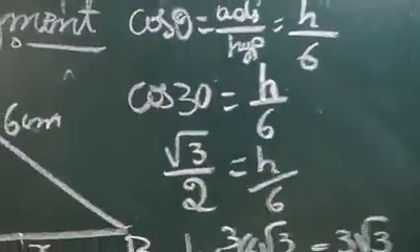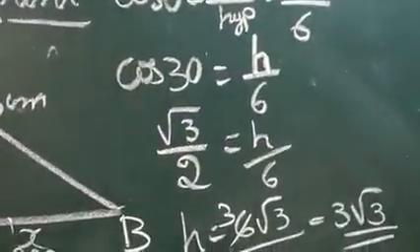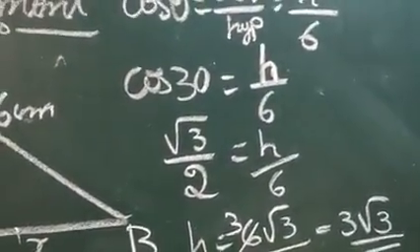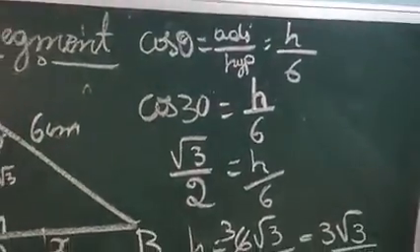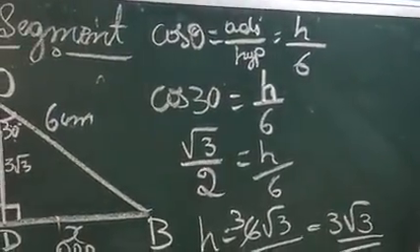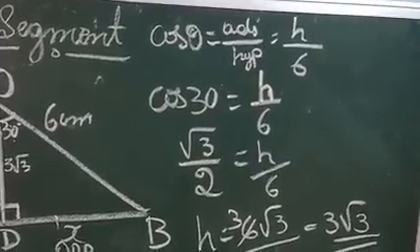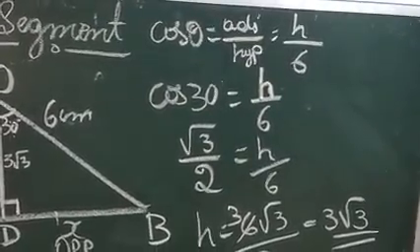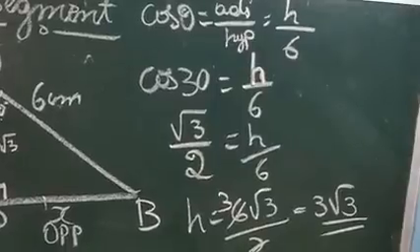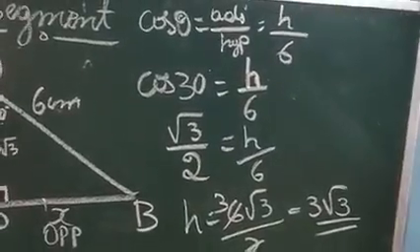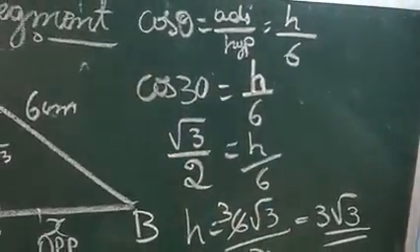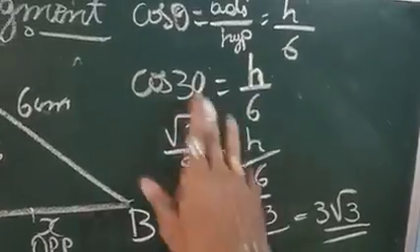Right? Here you may get a doubt, how do you know that the cos 30 value is root 3 by 2? In the trigonometry chapter, this table will come. The standard values of cos 0, cos 30, cos 45, cos 60 and cos 90. The standard values of cos 30 and sin 30, all these values will be there. From that you can write.